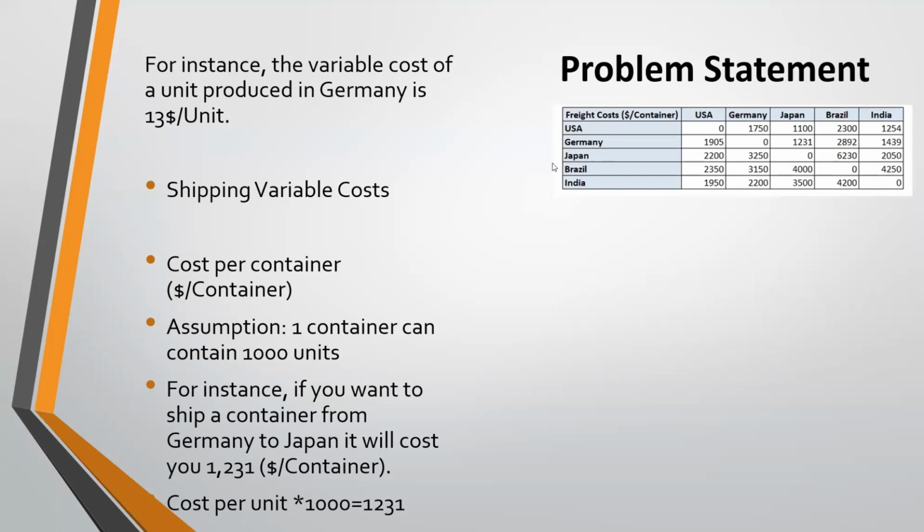So this is the shipment cost. We have the shipment cost and the per unit cost. If one container holds 1,000 units, then the per unit cost is multiplied by the 1,000 units in one container, and that equals the total cost of shipping through the container. So next,